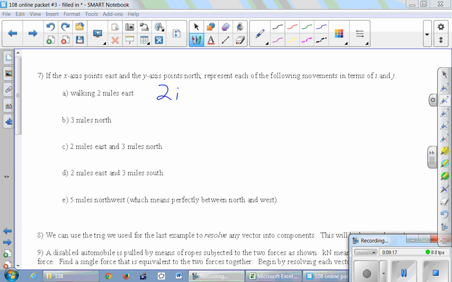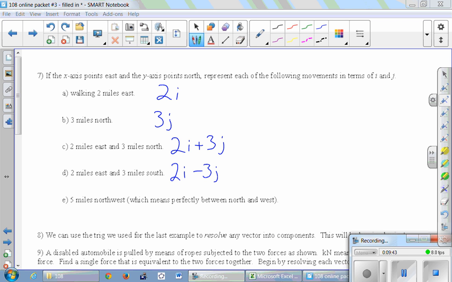Okay, 3 miles north, that's 3j. 2 miles east and 3 miles north, that's just adding the answers to the previous problems. 2 miles east and 3 miles south, so there's your 2 east, but now south is down, so that must be minus 3j. And then 5 miles northwest, which means perfectly between north and west. Okay, so this one is trickier